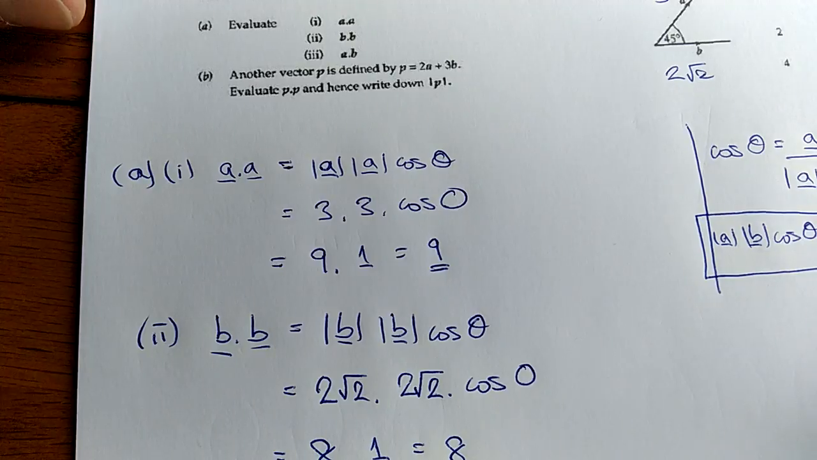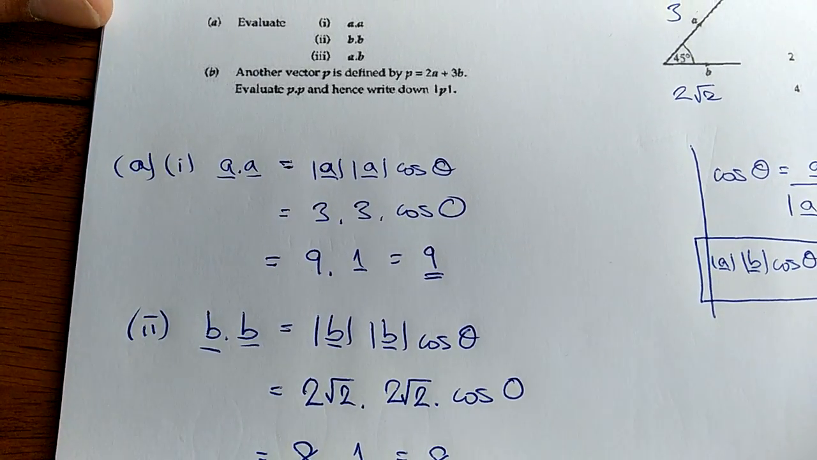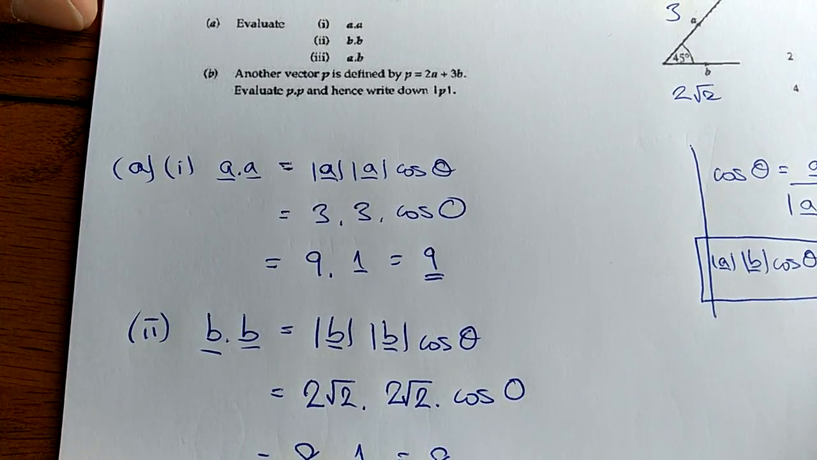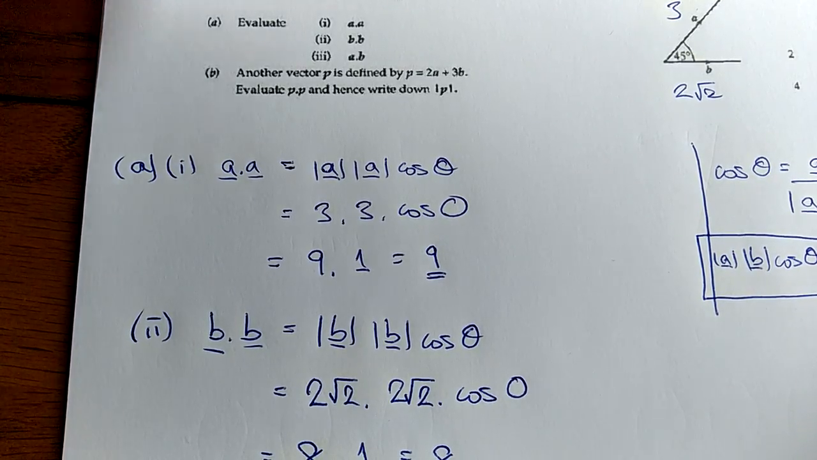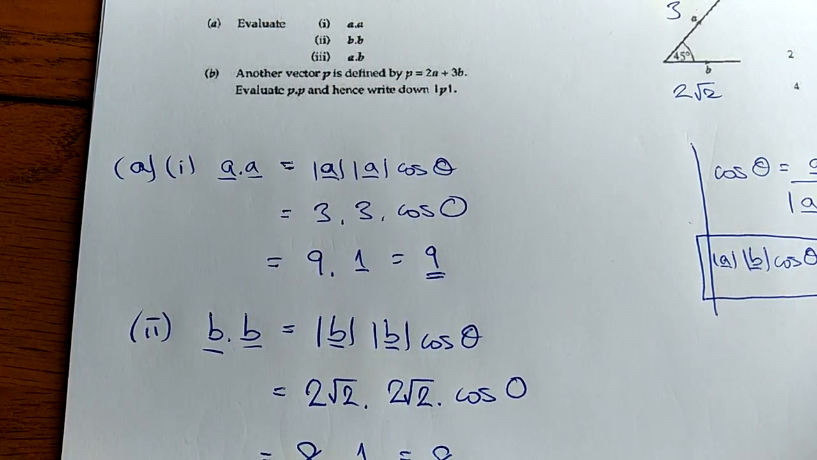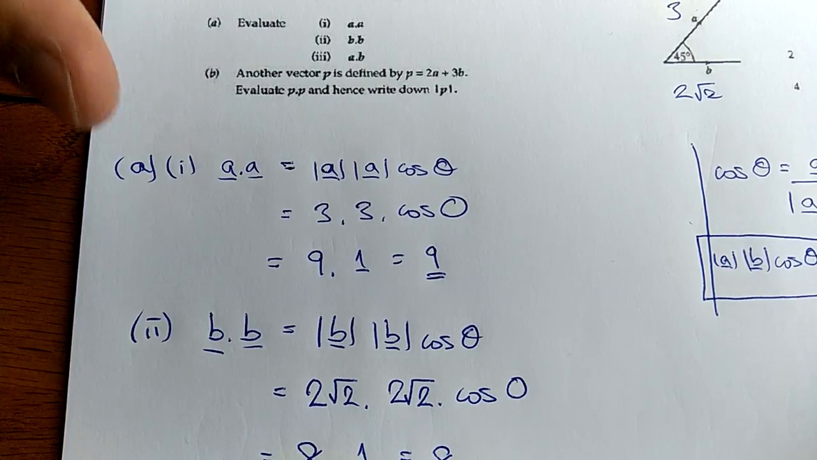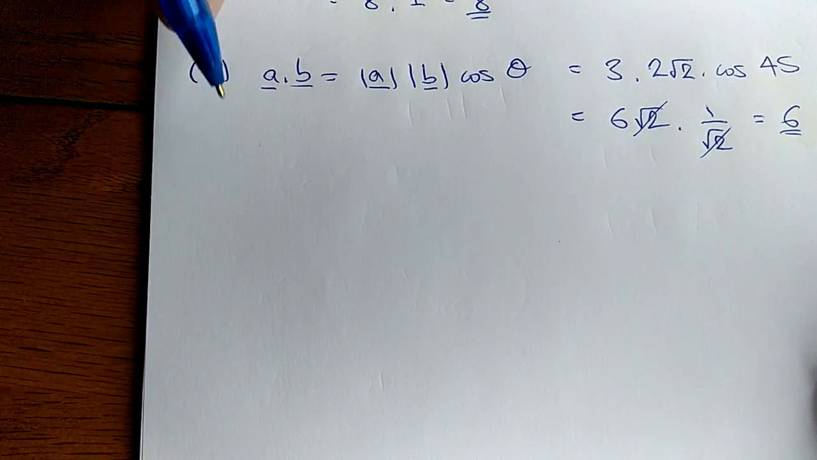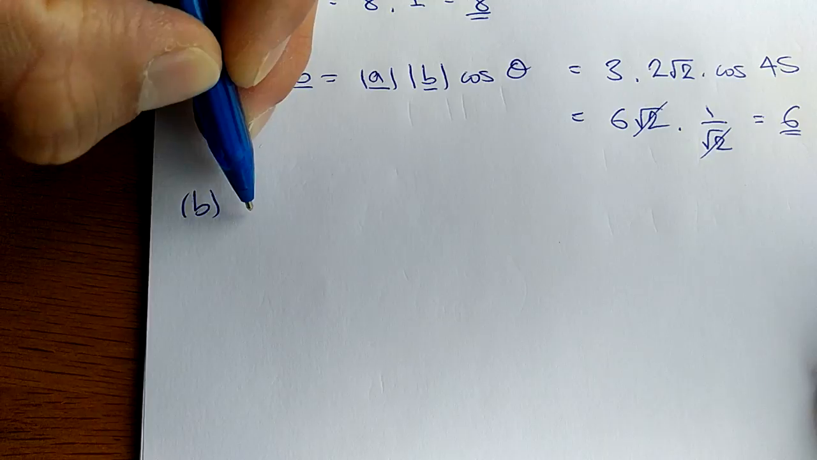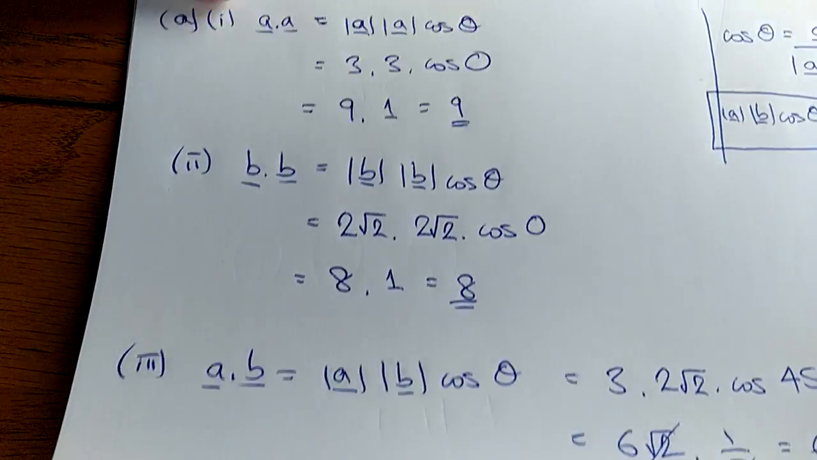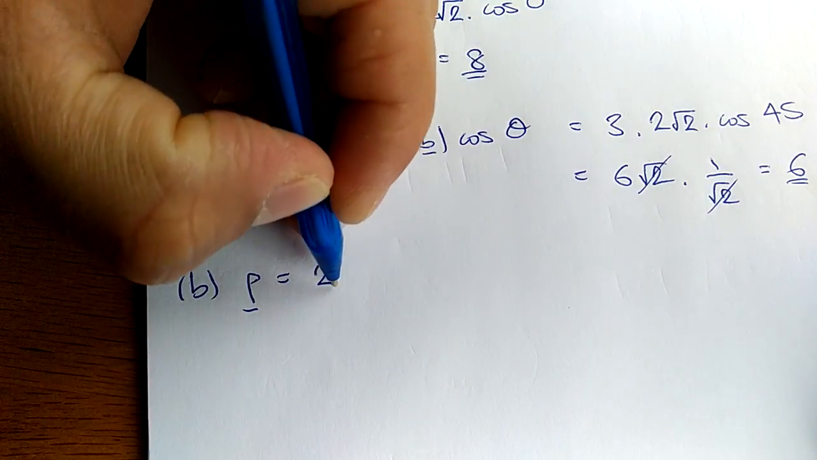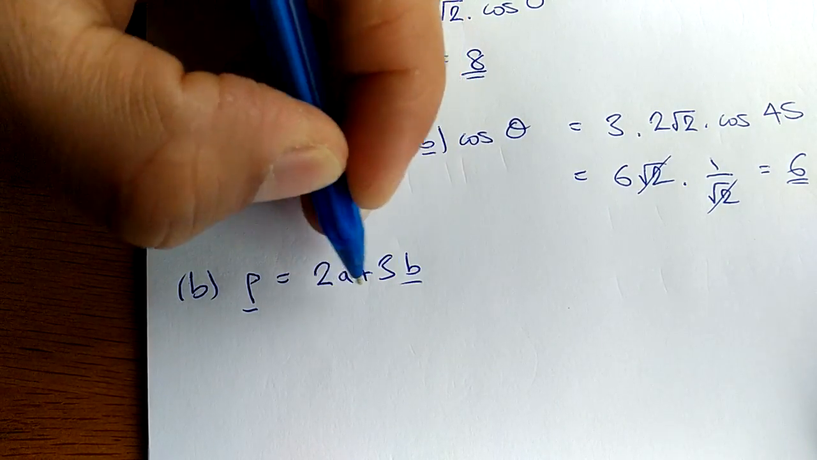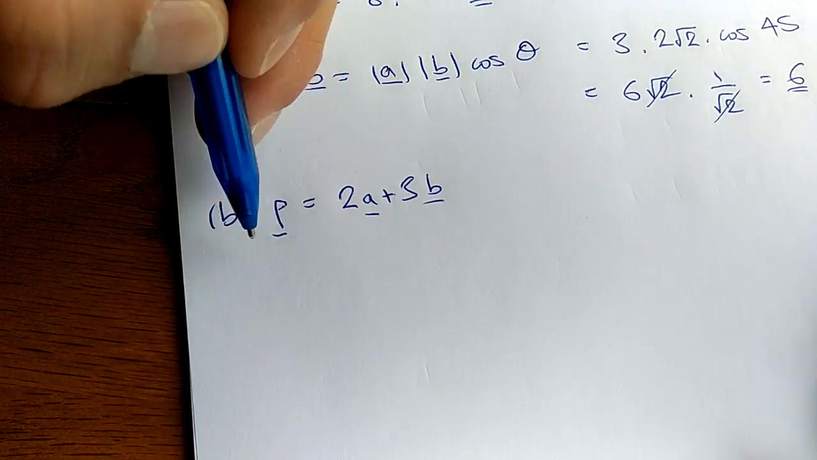Part B. Another vector P is defined by P equals 2A plus 3B. Evaluate P dot P. Guess what formula we'll be using? Yep, this again. And hence write down the magnitude of P. Okay, so we have been told that P is, let me just remind myself, 2A plus 3B. So that means P dot P